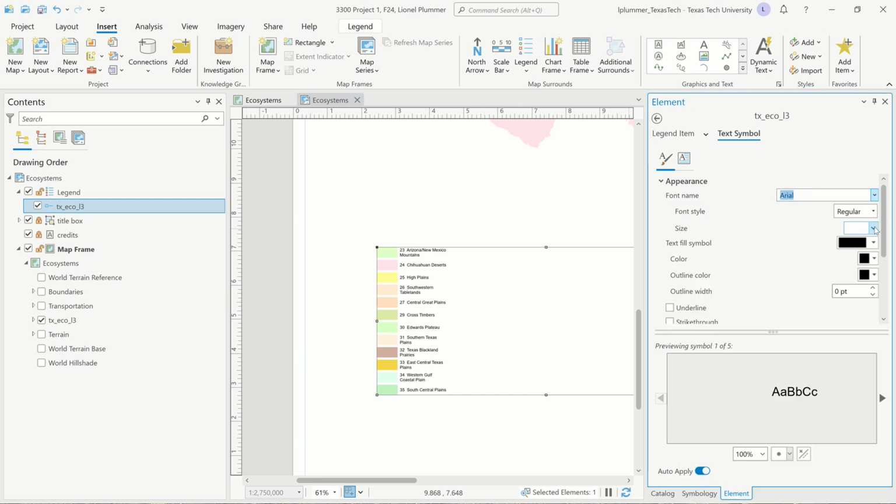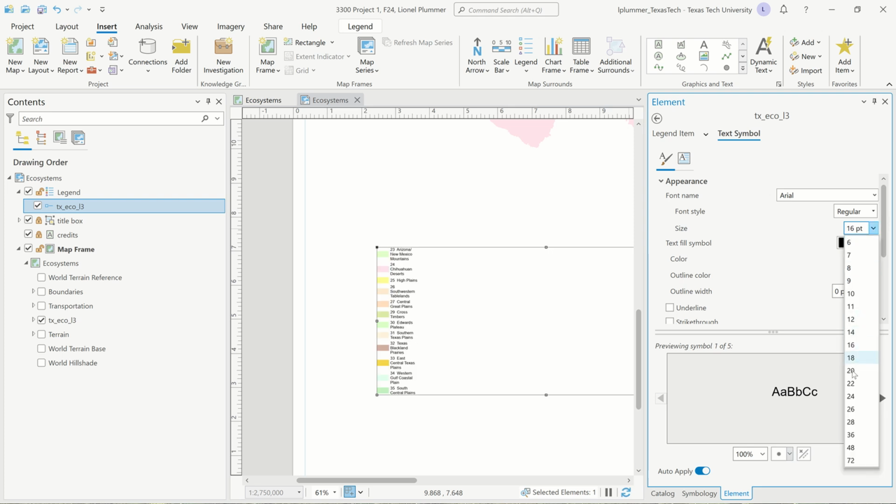All right, and I want to make that a 16. Oh wow, so it already was pretty good size. Remember, 12 point is the size of a letter in a typical textbook. 11 point would be a newspaper. 10 point is a very condensed book, and anything under 8 point, a lot of people my age can't read it. Okay, so let's put 18 point,